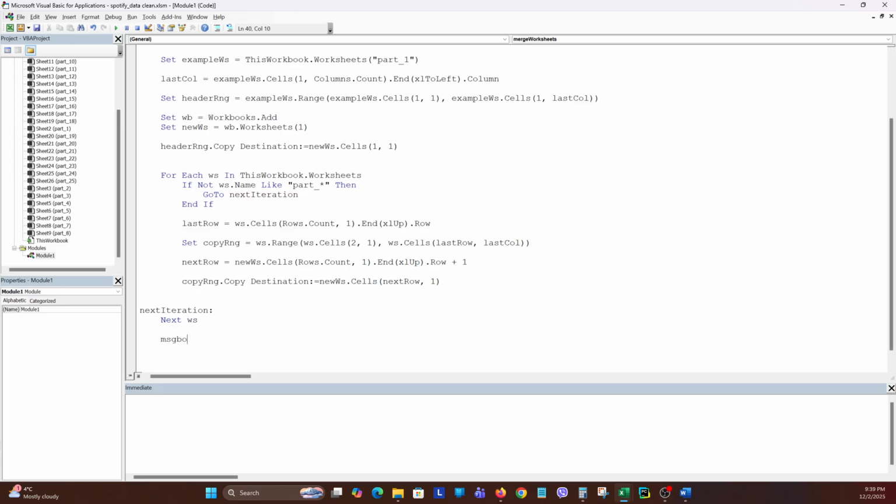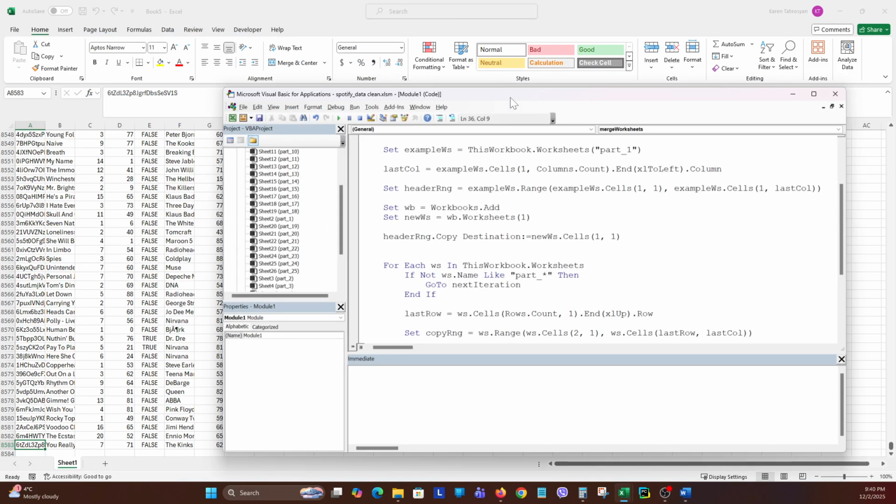So maybe a message box. You know, in this case, I can hard code "25 sheets merged successfully." Obviously, in a real world project, this number will be calculated dynamically, but just to test it,